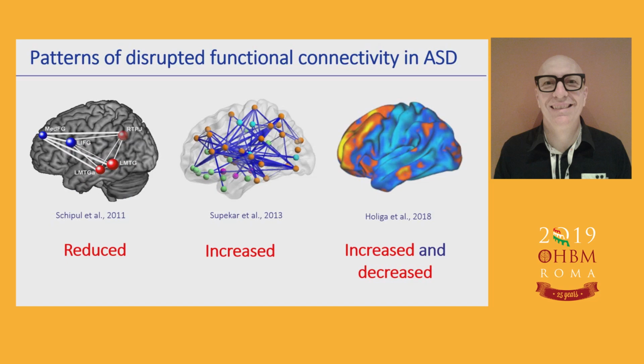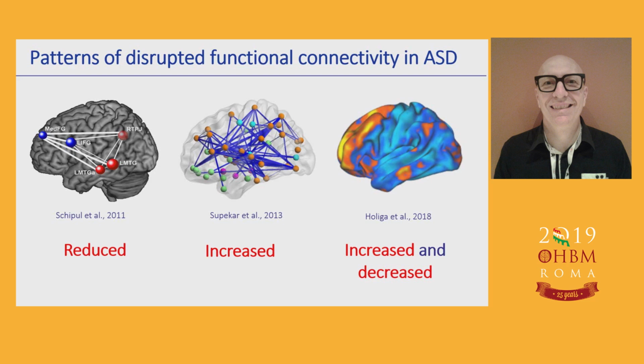So, I'm going to start very briefly by refreshing a key concept that has been said over and over, which is the fact that functional connectivity is almost invariably disrupted in autism. However, as you probably know, the original expression, the location of these changes and their sign is very heterogeneous across samples, across sites, and so on and so forth. So we have evidence of reduced connectivity, we have evidence of increased, and lately there's also this emerging idea of a possible composite, mosaic pattern of hypo- and hyperconnectivity.